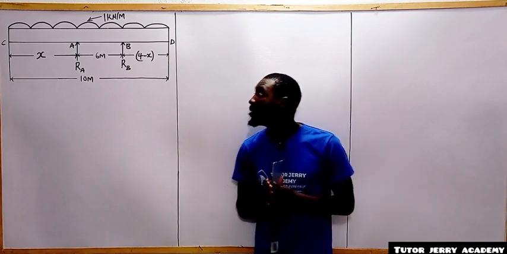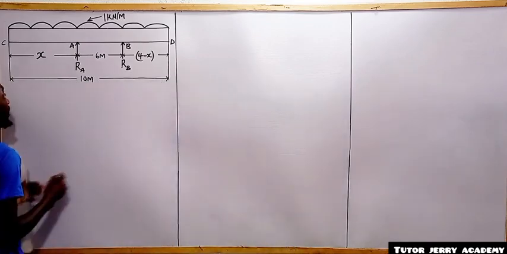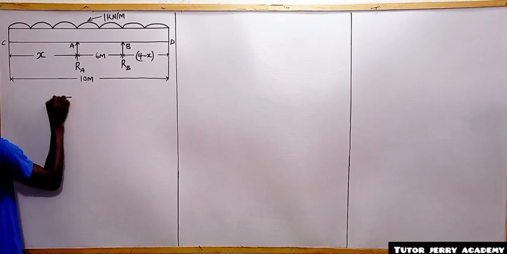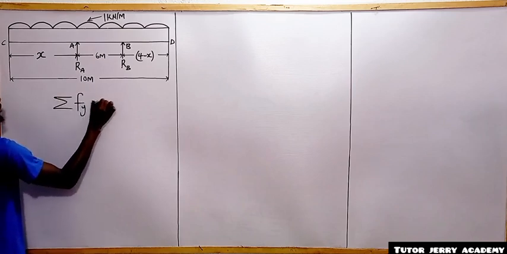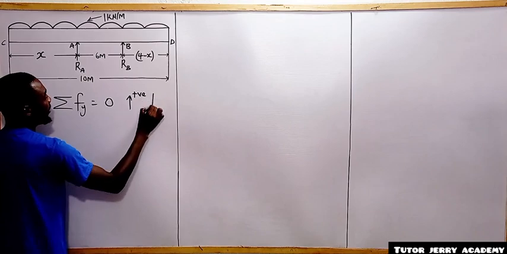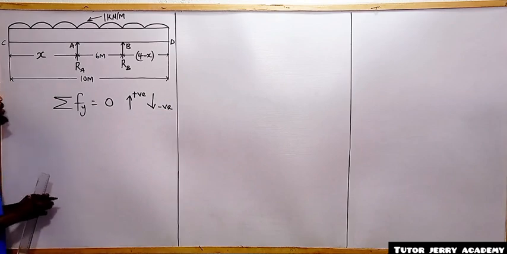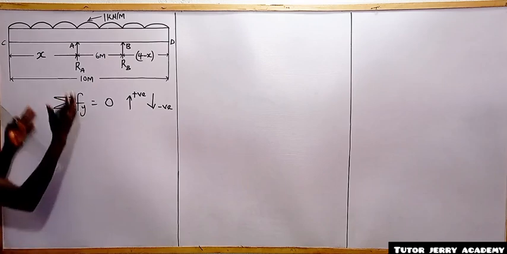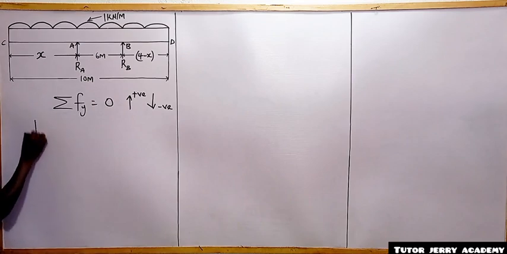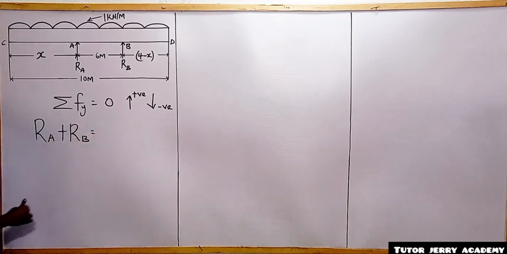All right, so the first thing we are going to start with is the summation of our upward force being equal to downward force. So we are going to take summation of force in the y direction to be equal to 0, and we are taking our upward force to be positive and our downward force to be negative. All right, so our upward force is positive. The two upward forces we have here are the reaction at A and the reaction at B. So we are going to say reaction at A plus our reaction at B should be equal to,